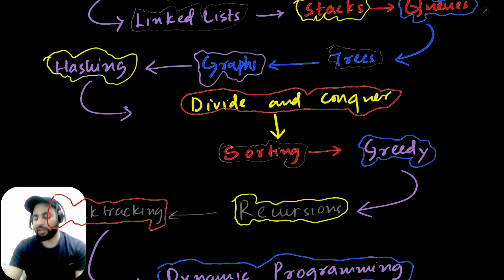Then we'll go to sorting. We'll learn about sorting algorithms. There is a huge book on sorting. I know at least 10 plus sorting algorithms that I have even coded myself. There are, I think, hundreds of sorting algorithms. There are comparison based sorts, and there are non-comparison based sorts like radix sort and things like that. Even bucket sorts, you might have heard about these. So there are a lot of sorting algorithms.